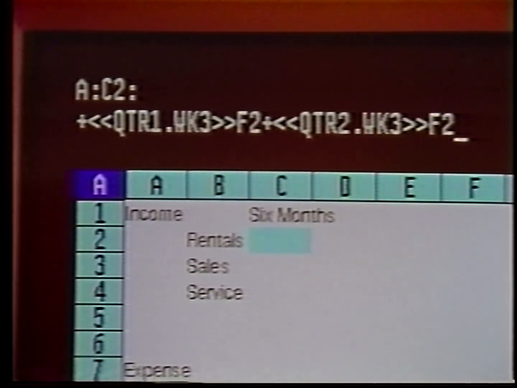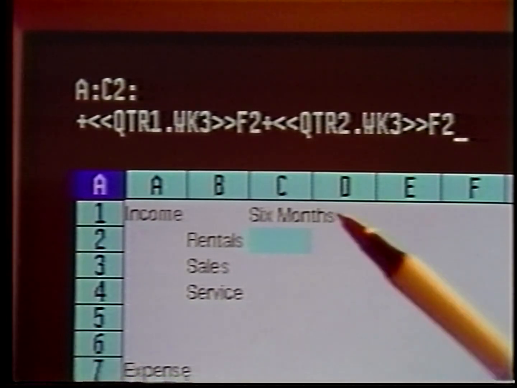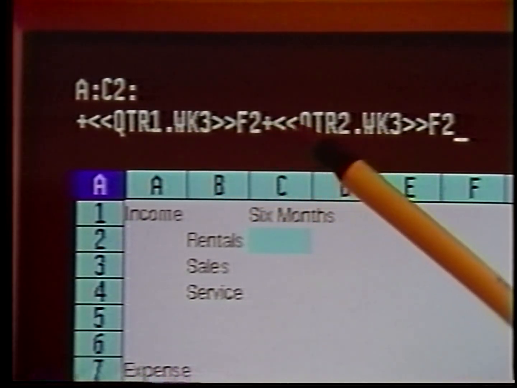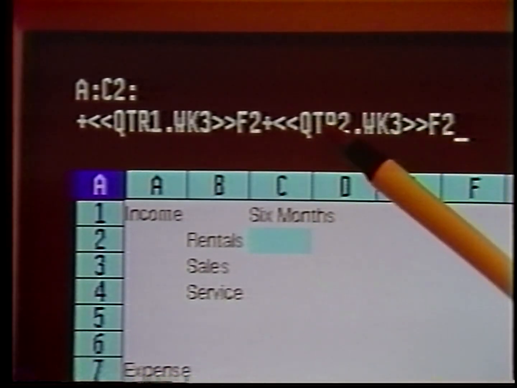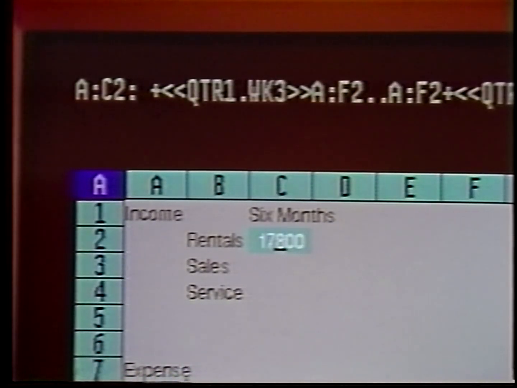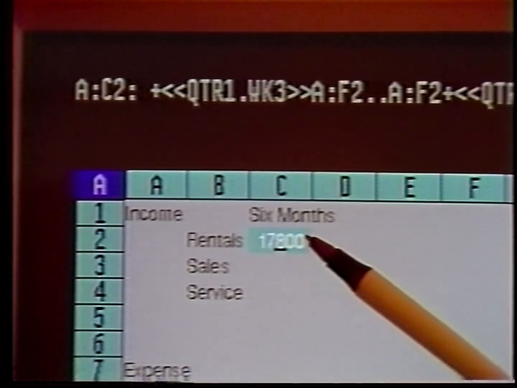Now, we're adding together F2 from this worksheet plus F2 from this worksheet, and that will be placed in this cell. When you have it all typed in, press enter on the keyboard, and the total appears in this block. This is the total